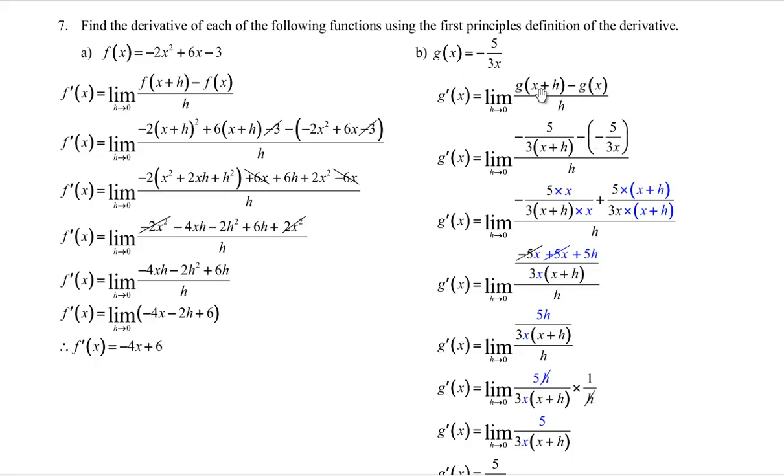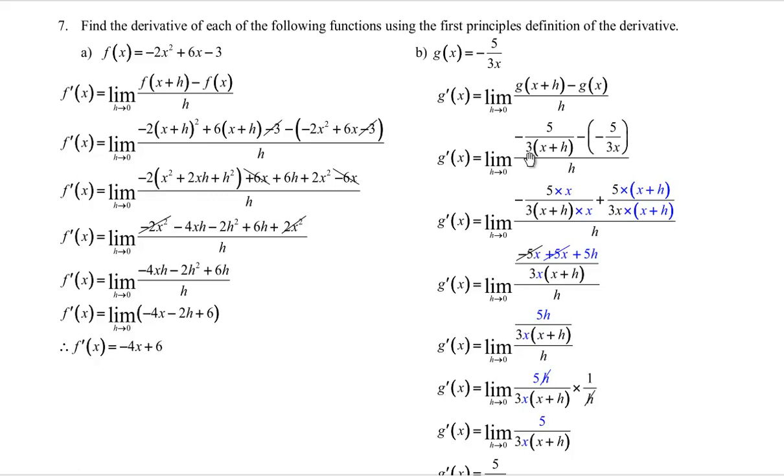For g of x plus h, we put x plus h here. So it's -5 over 3, and then brackets x plus h. And g minus g of x is minus this, so minus the -5 over 3x. I need to get a common denominator because these denominators aren't the same. The 3's are a common factor, that's okay, but this is an x, that is an x plus h. So I need to multiply this one top and bottom by x, right here. And this one doesn't have the x plus h, so you need to multiply by x plus h top and